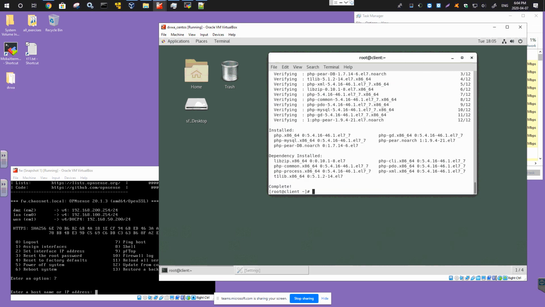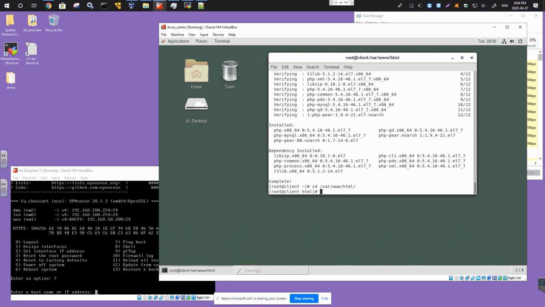We installed it very fast. Now for the installation of the DVWA, we need to go to the var, so we need to cd /var/www/html, and we need to download DVWA, so we're gonna say the wget